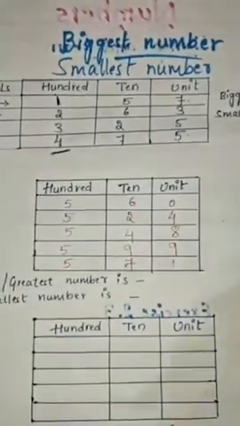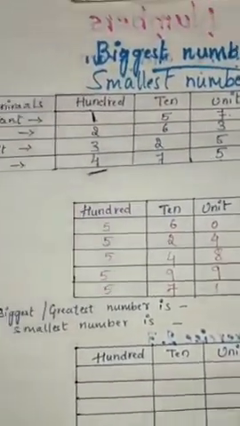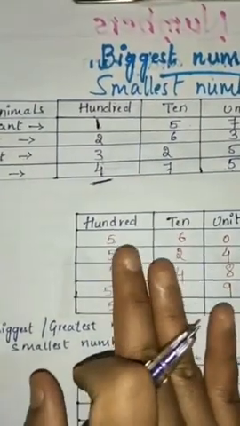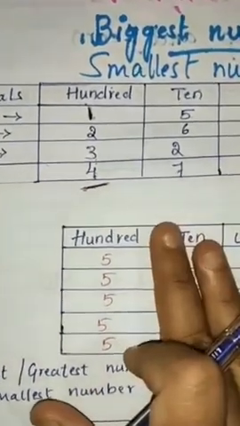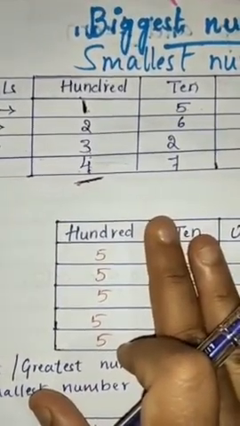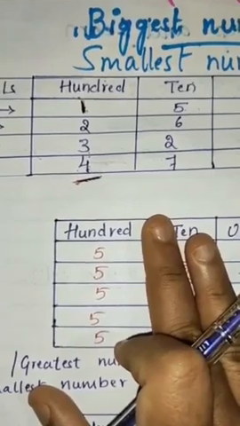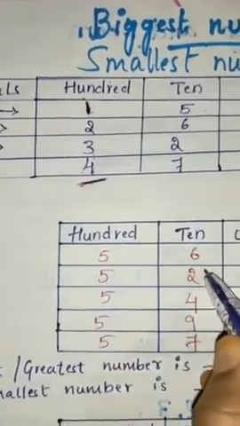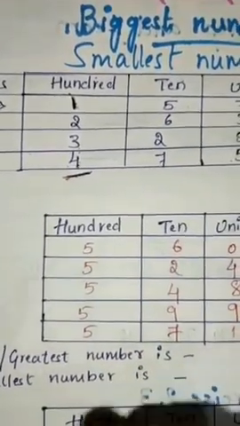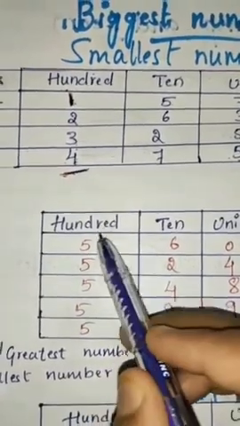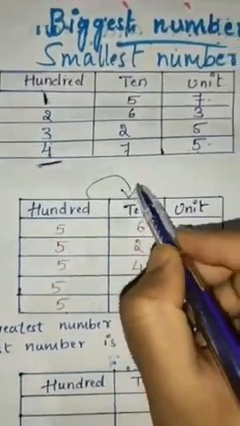Which is the biggest or the greatest number here? Now what you have to do, children? Yes, you have to start comparing the digits from the 100 place. Just observe the digits in the 100 place. Which is the highest number here? No, you can't say, right? Because if the digits in the 100 place are same, compare the digits in the 10th place. So first, at the beginning, you have to observe the digits in the 100 place. If all the numbers are same here, then you have to leave this 100 place and move to the 10th place.